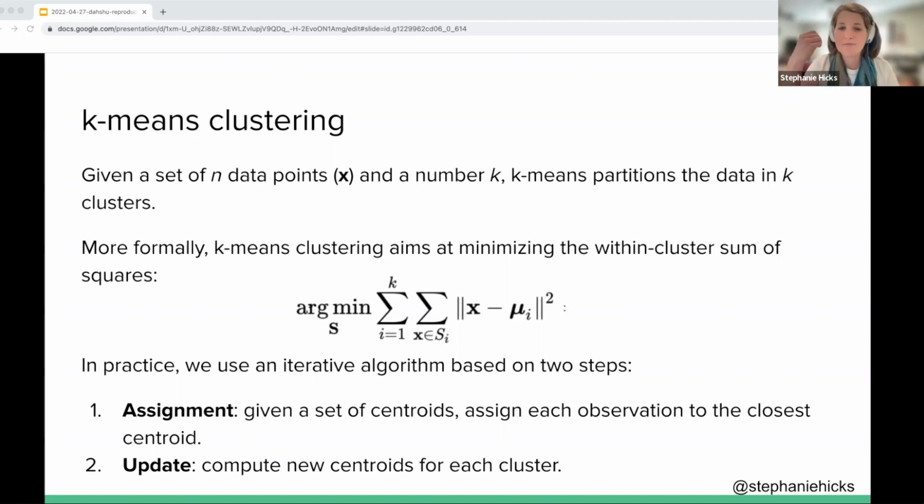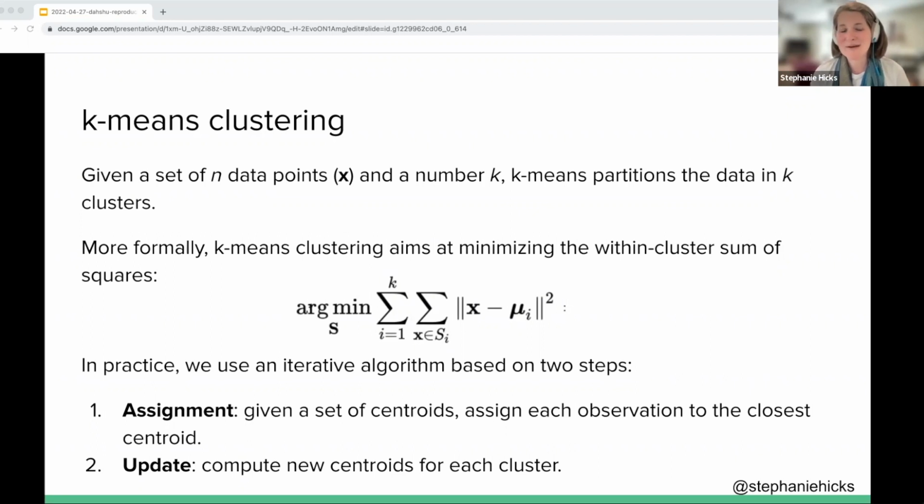And then we have mu-i, which represents centroid profiles for a set of K groups. So let's say that there are 5 groups. There's a mu1, mu2, mu3, mu4, mu5, and we want to estimate those parameters for those 5 groups. In practice, the way that we do that is an iterative algorithm. It's actually called Lloyd's algorithm. There are many different algorithms to do this in practice, but Lloyd's algorithm is like the default one